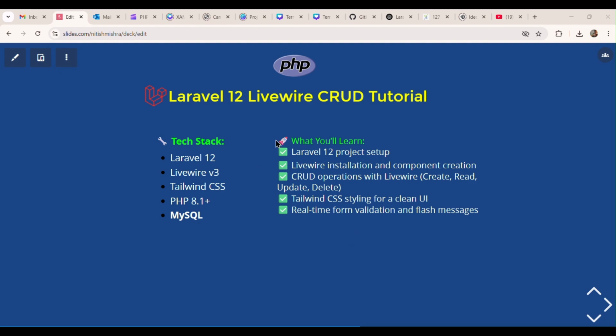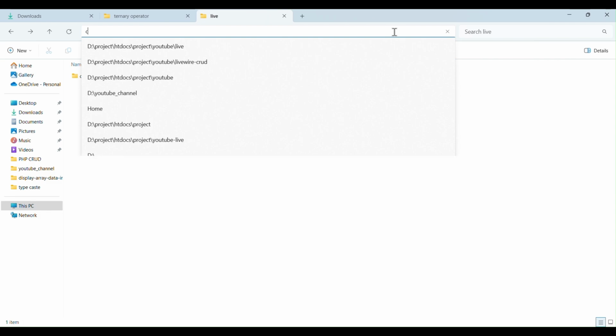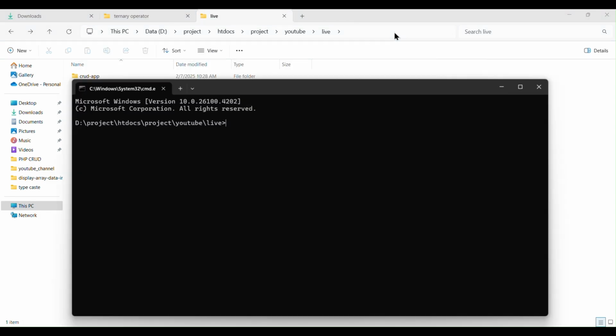Let's start. Now we will set up Laravel 12 in our local system. For the Laravel 12 setup, we will create a project in this folder. So we are going to just open this location in CMD, and I will write the command for Laravel 12